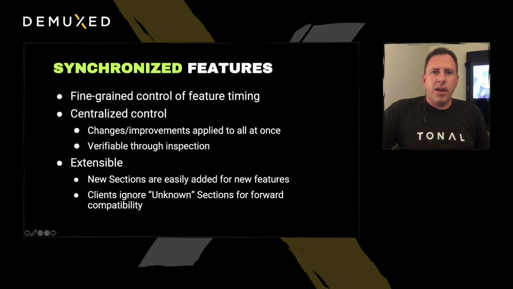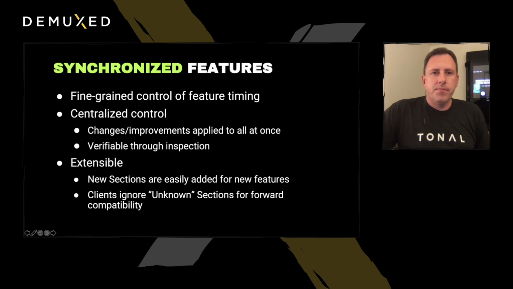This gives us fine-grained control of feature timing. We can set the wait to the start of the movement introduction or wait until the movement video is showing, wherever it feels most natural. Because the sections are generated on demand, just like the video portion of the timeline, we can change these with server software updates anytime. This means changes can be applied to all content at once to fix issues or add new features. It's verifiable through inspection of the sections in the media, so we can see potential timing or ordering